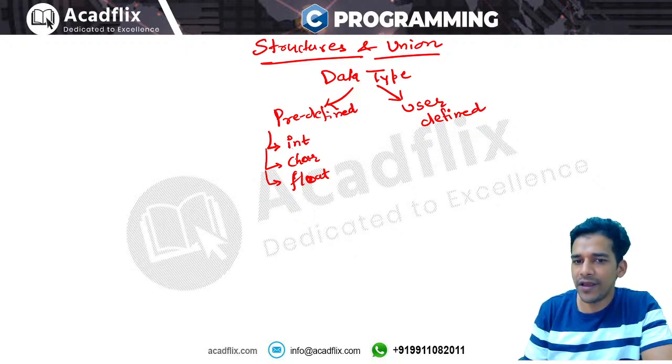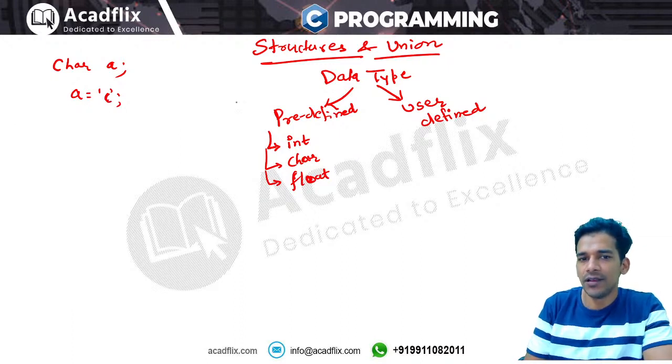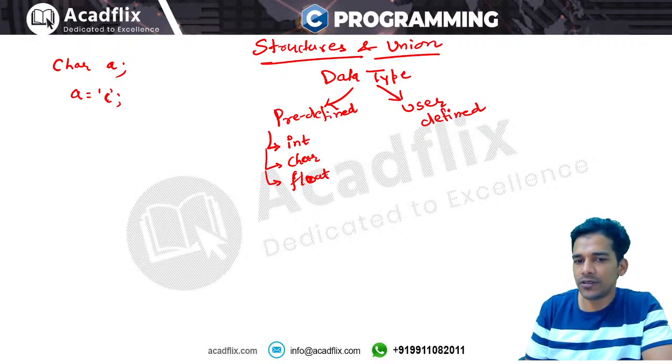If we define any variable using the character data type, that variable will take only a character value. For example, if you define char a, this a variable will take only a character value. It can take a character or the ASCII value of some character, like 65. If we declare a variable as float, you can use only float values, and if it is a 32-bit float value, the range depends on the representation. Float numbers are represented using the IEEE format in the computer system.